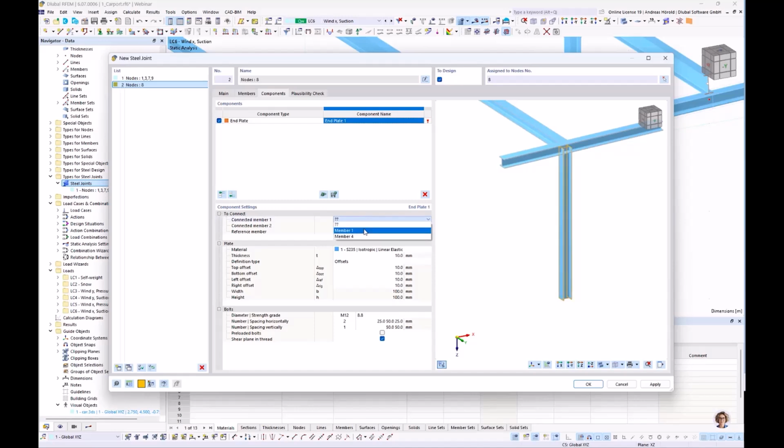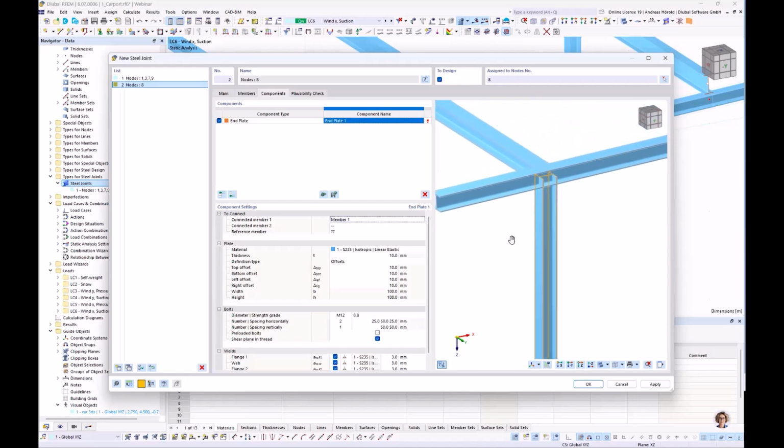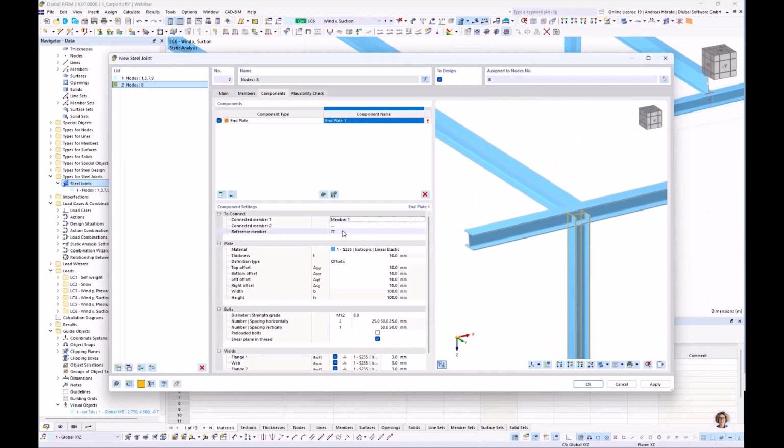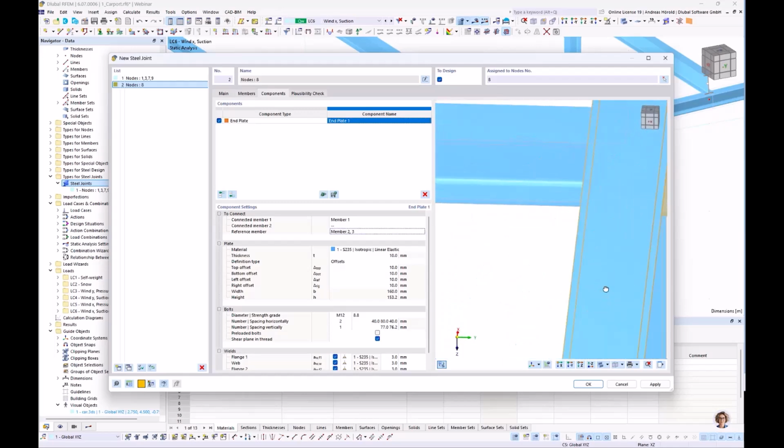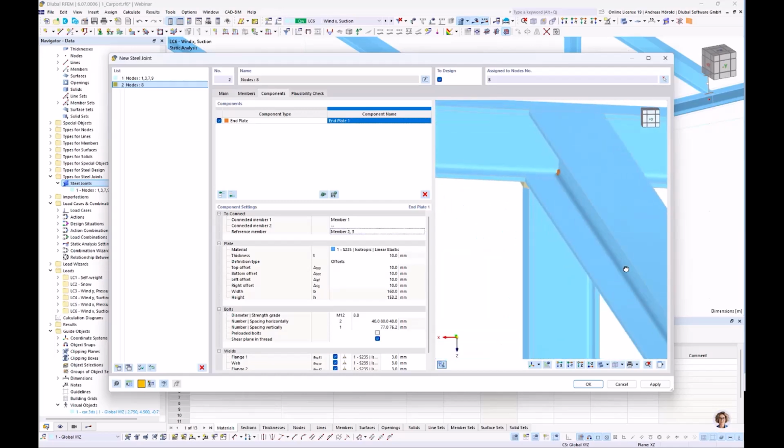You can see it's selected in the right window with the yellow selection. And the reference member should be the member 2 and the member 3. Okay. So you can already see a connection. Now we have to modify it